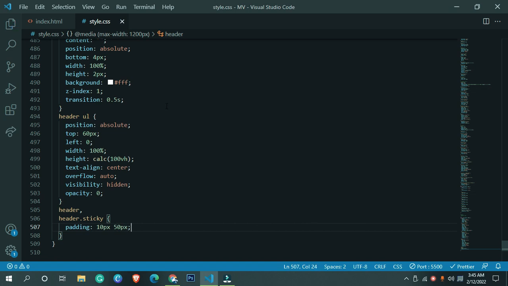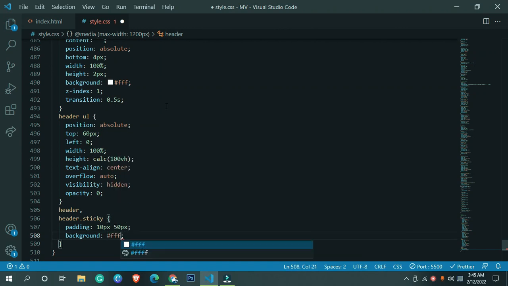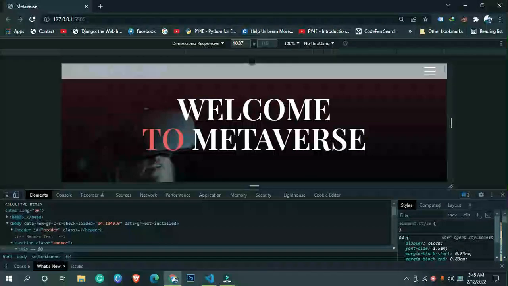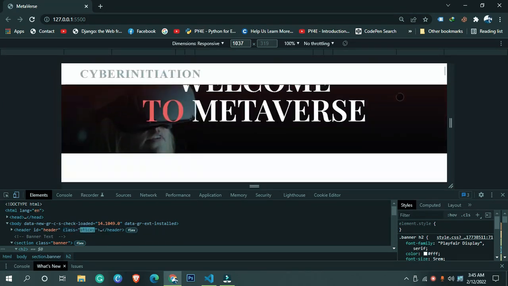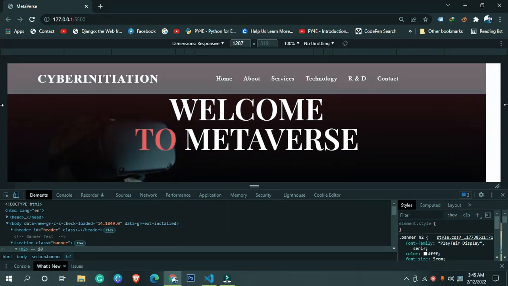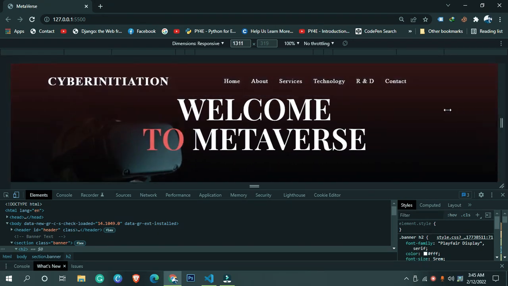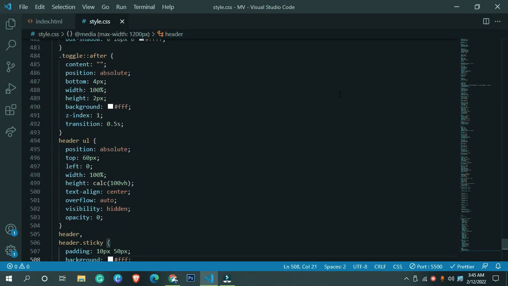So we successfully added our padding, and background must be white. So once I add it, it will automatically add a sticky class. So as you can see, we are getting it in this way, and it is beautiful now. Once I scroll it, it will activate the logo and logo class. So yeah, that's it. Now what we need to do,